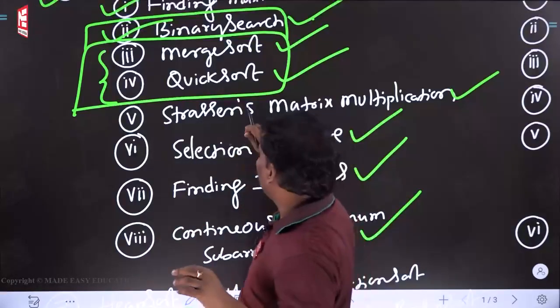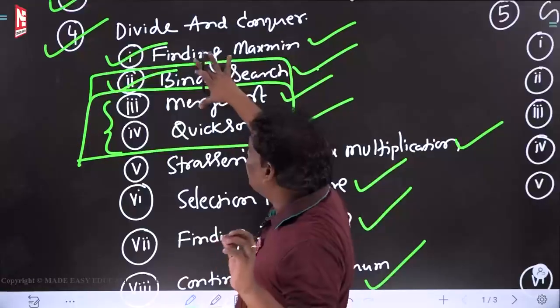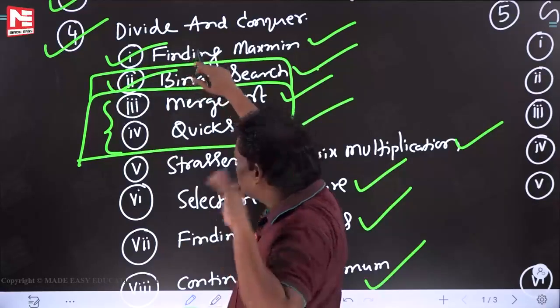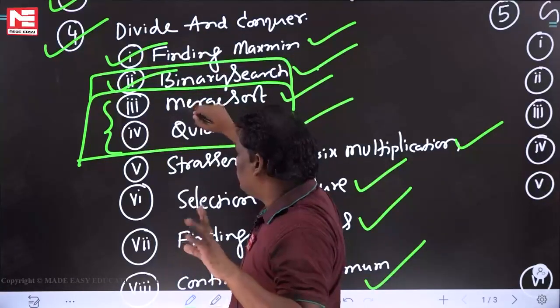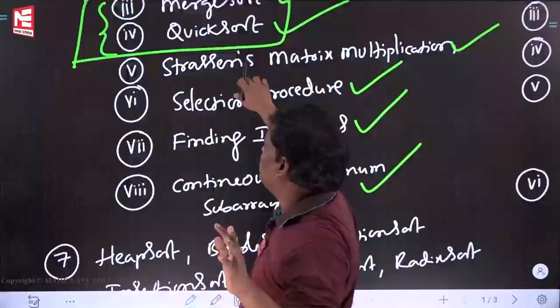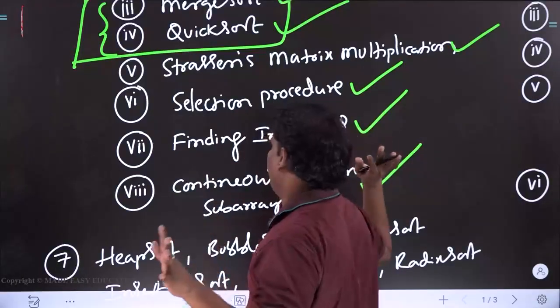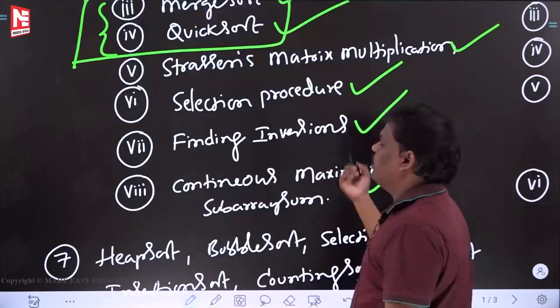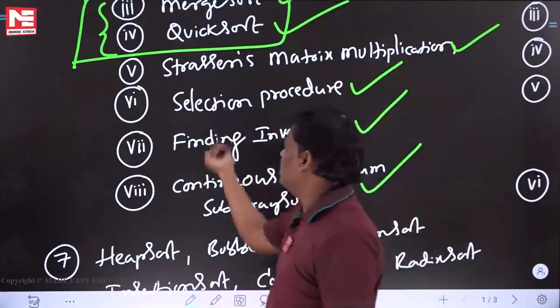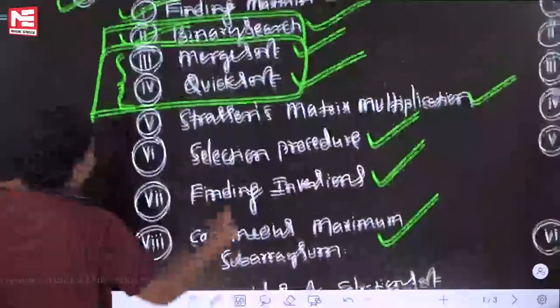From the GATE examination point of view, through experience I am saying these 4 are important. Maybe next year also one of the questions will come from these 4. It doesn't mean that you will leave the remaining things. Study these also once. They will be really useful at some point of time. Maybe they may come in the GATE exam itself. Anyhow, these 4 are important.